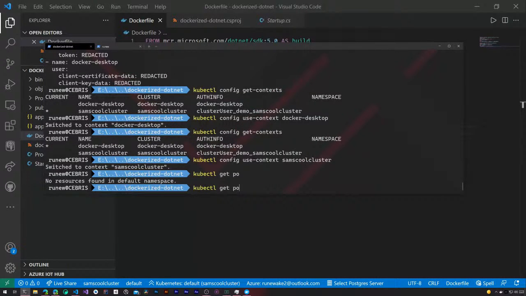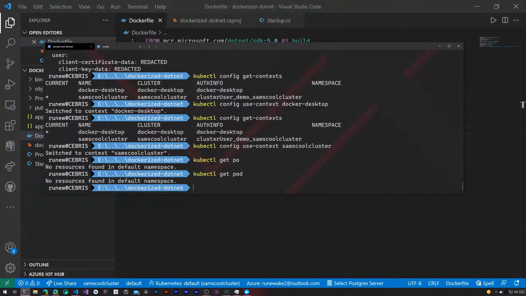Get po, or get pod, is the default, or I guess the basic unit of an object in Kubernetes. This gets complicated. There's a lot of things that are complicated about Kubernetes, and definitely a lot of things that I just do not know about Kubernetes. It's a very, very big project with lots and lots of contributors from lots of different people. Pods describe a set of containers. And so the basic one that we're going to be creating is just one container that defines our